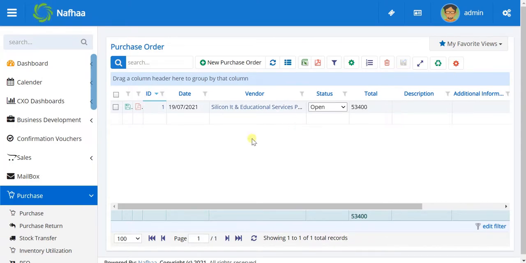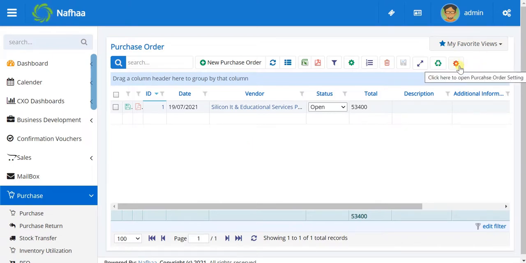So whatever view we saw when we first opened this module was the default view, then we changed it as per your convenience. If you feel like you want the default view back, just click on reset preferences. All your settings, like extending the column width or changing the sequence of columns, like you took date before vendor, will all be reset to default.